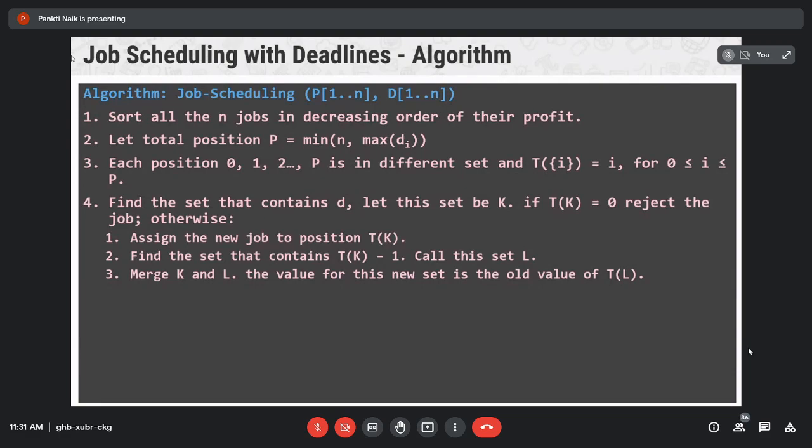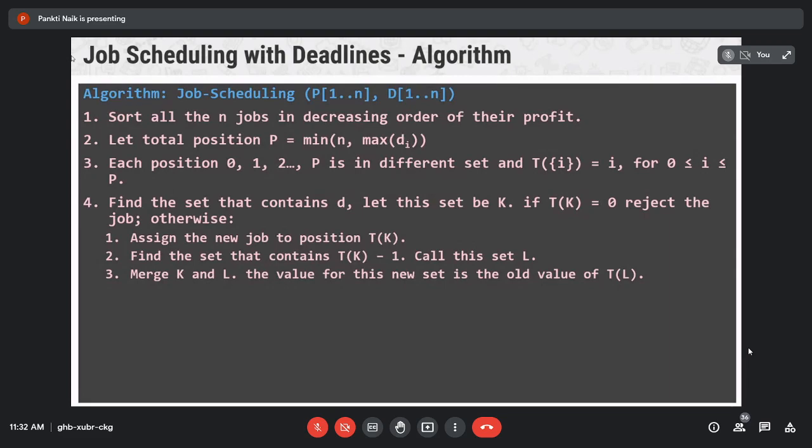And the computing time taken by this algorithm is O(n) square, because the basic operations of computing the sequence of array T require 2 nested loops. So the time taken by the algorithm is O(n) square. So this is about the job scheduling algorithm using the greedy method.